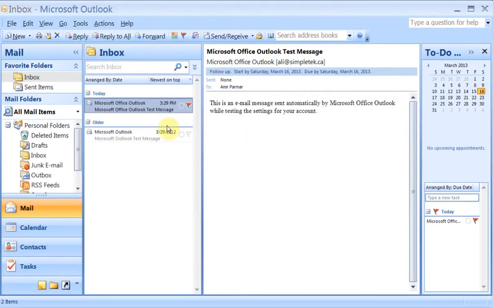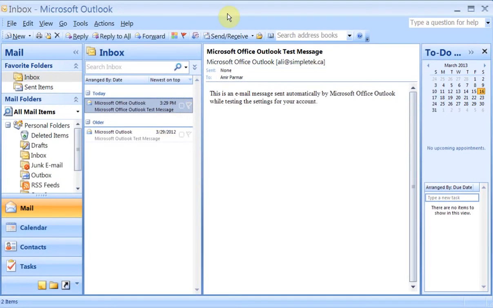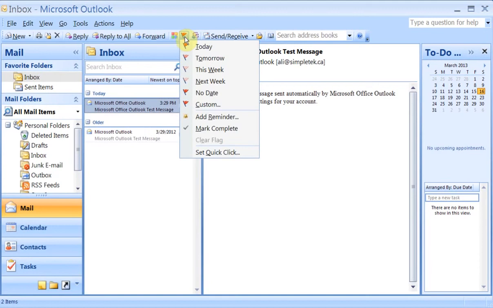Finished in the other videos, and I might repeat a few of them. So the first thing is sometimes when you get an email, you can flag it for follow-up. So you can use this flag option, and you can say do a follow-up at a certain date this week, or